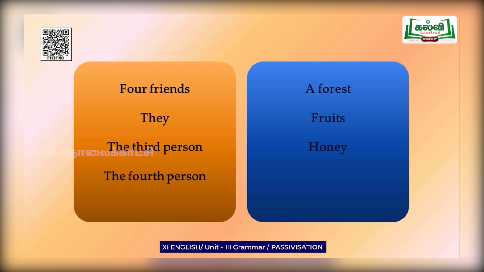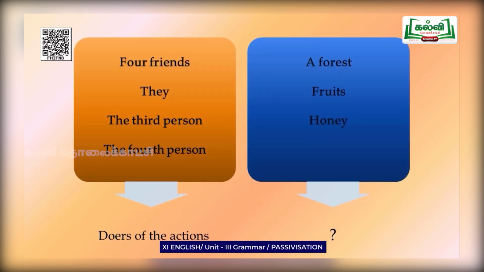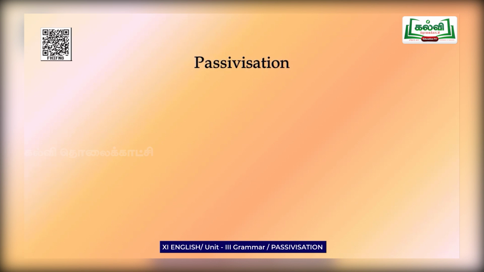A forest, fruits, and honey are from the second group. You can see these subjects refer to only things. The first group refers to actually the doer of the actions in the sentences. The second group does not refer to the doer of the action. Then what is it? The second group falls into the title of the video, passivization, in which subjects are affected